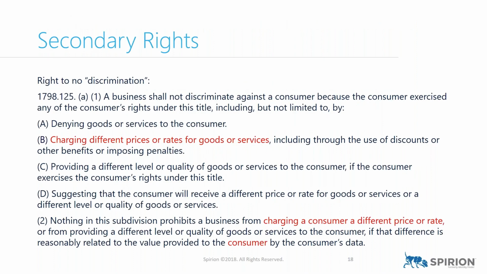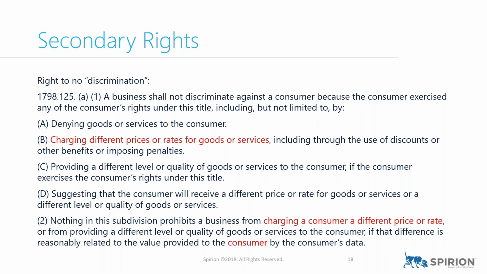So we'll go to the next slide. There we go. Secondary rights. This is interesting. One of the rights, and I'm using air quotes here, is the right to no discrimination. So you, for example, cannot, if you invoke these rights, don't sell my personal information, in principle, the business can't charge a different price or a different rate for the service they're doing and can't give you a different quality of service. But here's the problem with that: suppose that you're a business and you give away free software, you depend on selling personal information, and anonymizing it's not enough. It seems to me that that's going to be a problem because you can't do that anymore because you're giving a different level of quality or service for that piece of software.